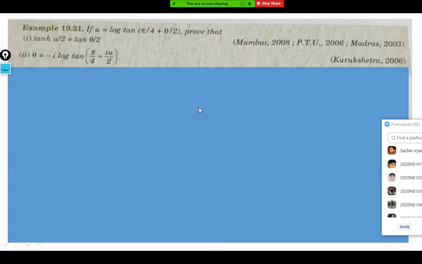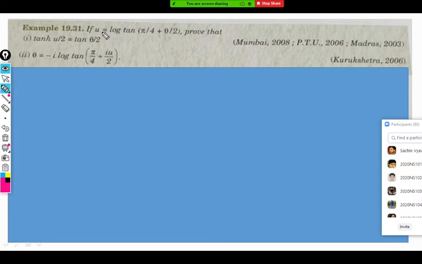First thing I will tell you, when I upload this PPT, you will get a solution behind this yellow background. When you delete it, or I will upload with solution there, so don't worry. But the important thing I will tell about hyperbolic functions: near about 90-95% of examples are show that or prove that only. So in hyperbolic functions, the answer is always with you. Just manage with identities to get the required answer. So let me see how we can prove this.